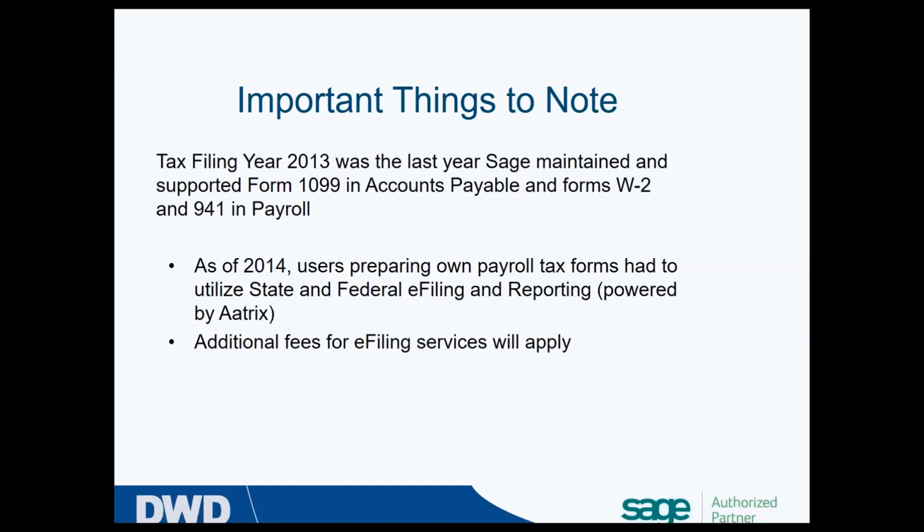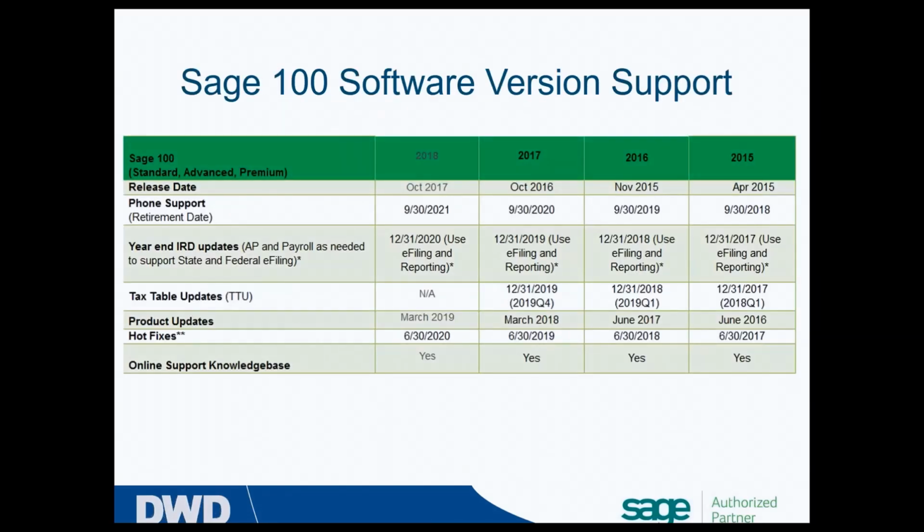So we all need to kind of take a look at what version of the software we're currently running. And as we see here on this next slide, here's what the status of Sage is with regard to the versions that it is currently supporting. And you'll note that the current version is now finally 2018. It was released in October of this year.